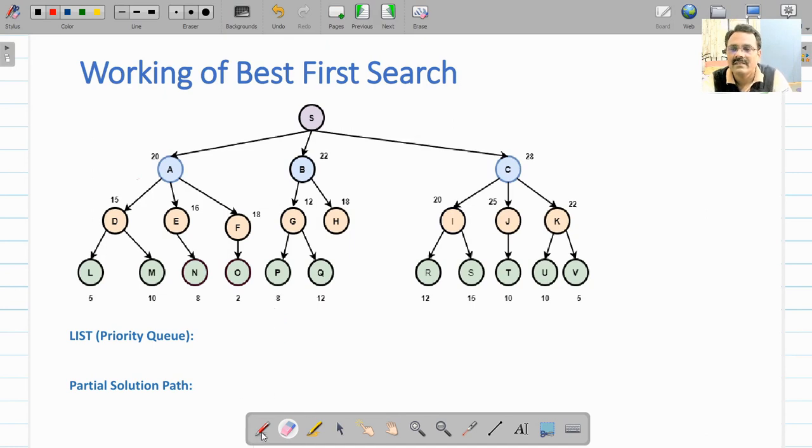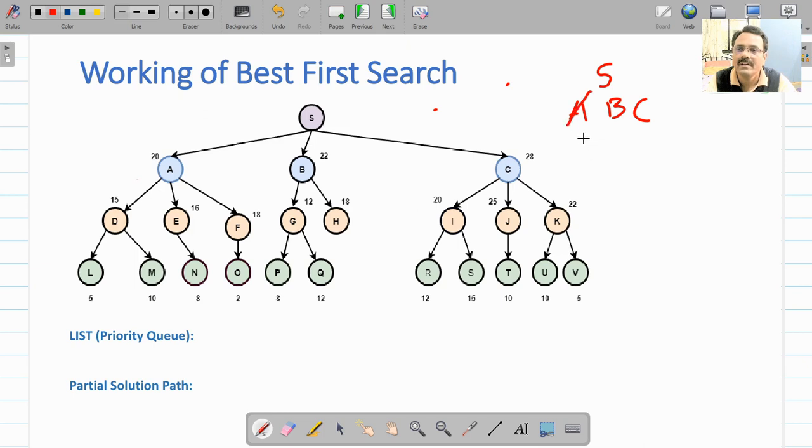Now let us try to answer these two questions: how the priority queue will change while executing best first search on this search space. As we have seen, initially you started with S and S was not a goal, so you removed it and then A, B, C were on the queue. A was not a goal, so you removed it.